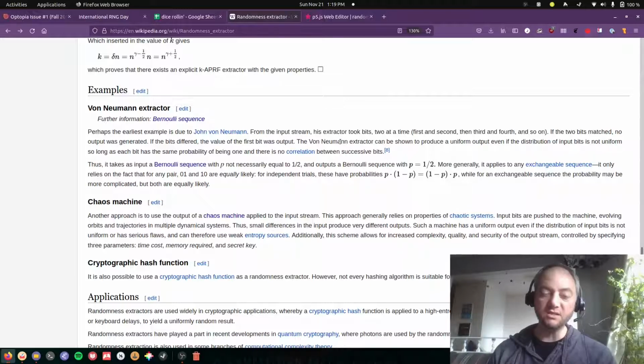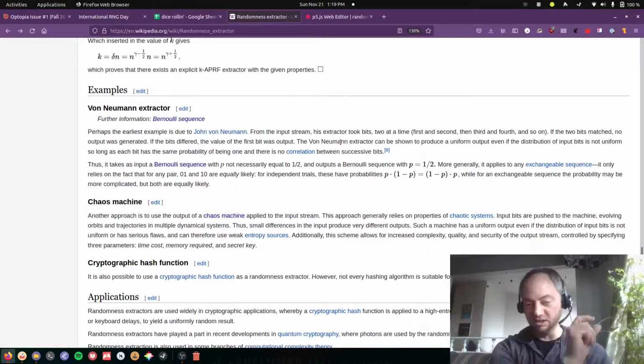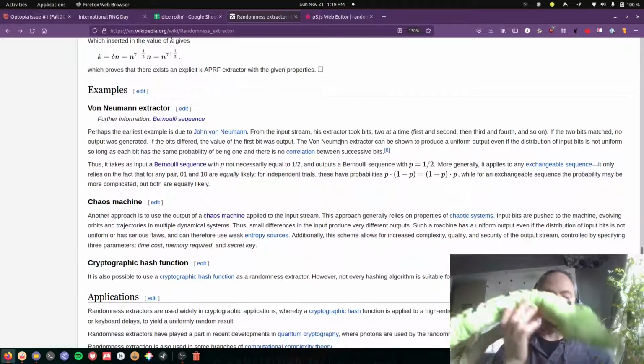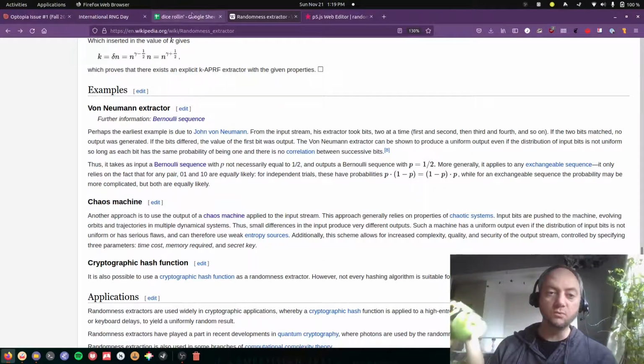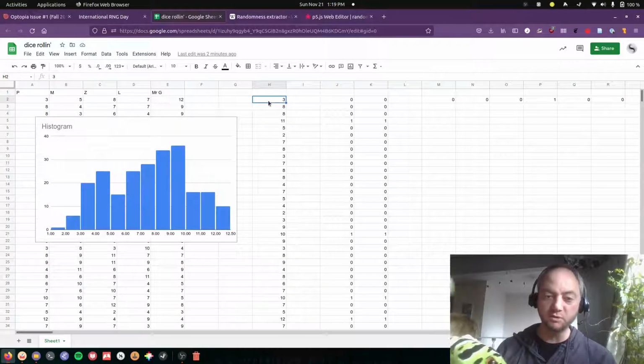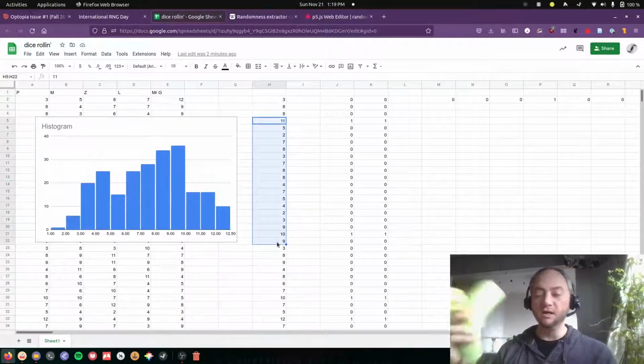And what this does, by getting rid of matching digits like that, is it can be shown to produce a uniform random distribution, even if the distribution of the input bits is messed up. So what I did was I took my list of numbers between 2 and 12 that are super biased, and